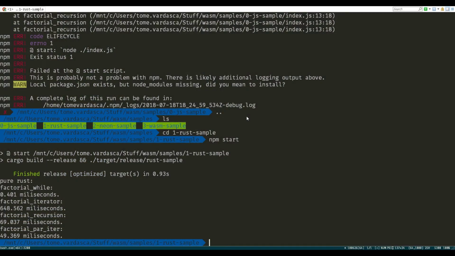Using recursion is pretty fast, but 69 milliseconds is pretty slow. And then I'm using a factorial with iterators, but with parallelization, just to test out if it's faster or not. But as you can see, it's not as fast as the iterative way.